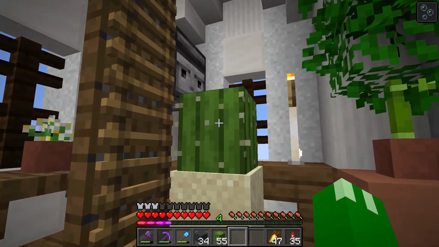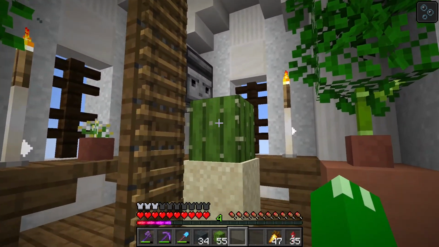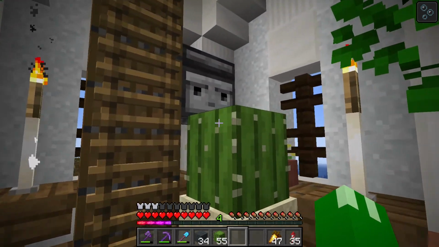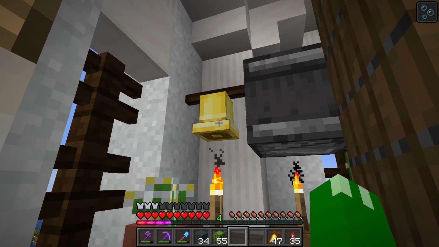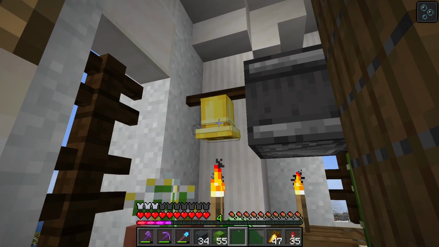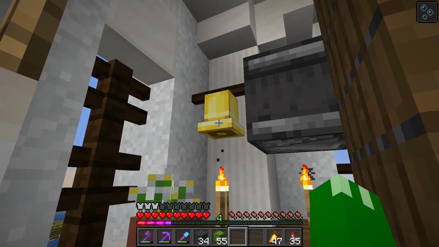Alright, so while we may actually have to change this so it looks a little better, we do have this cactus growing here on this sand block, and once this grows and this observer sees it, it's gonna send a redstone signal over to this bell,